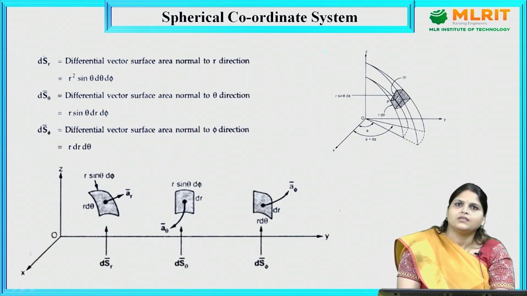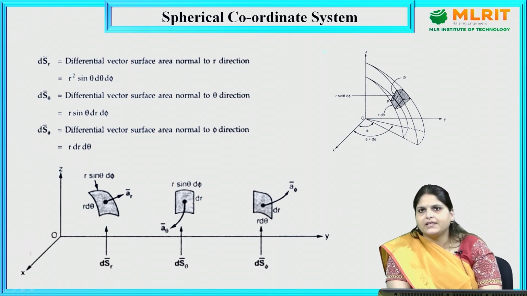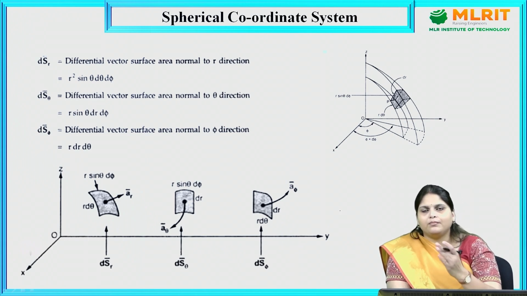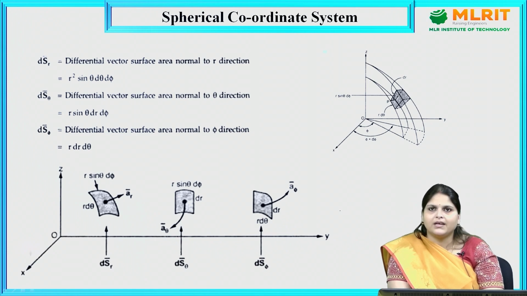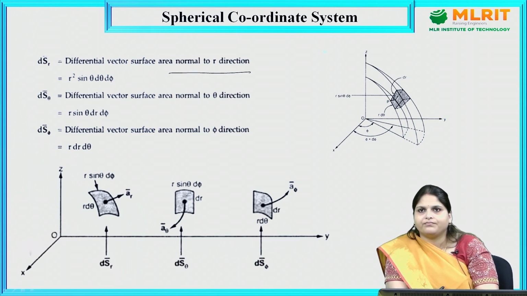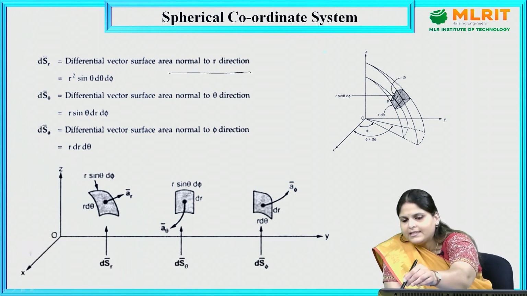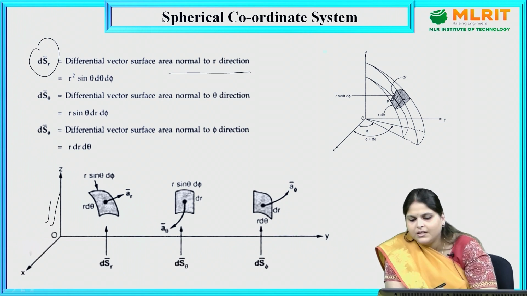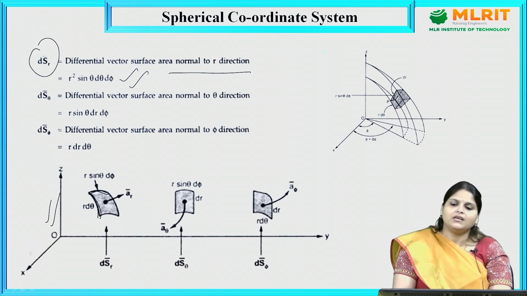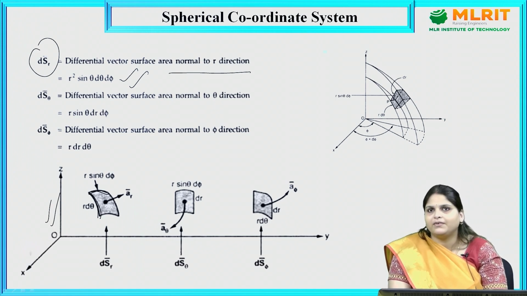Next, differential vector surface areas. Again, because we have surfaces, we can find out differential vector surface areas also. Similarly to the previous two coordinate systems, Cartesian and cylindrical, here also it will be normal to one particular direction. So if I want to write dS r, the surfaces would be r d theta and r sin theta d phi. So the differential surface area becomes r squared sin theta d theta d phi, and it will be normal